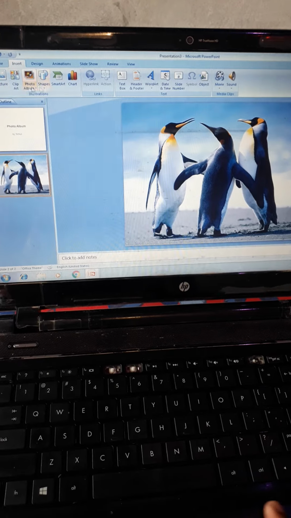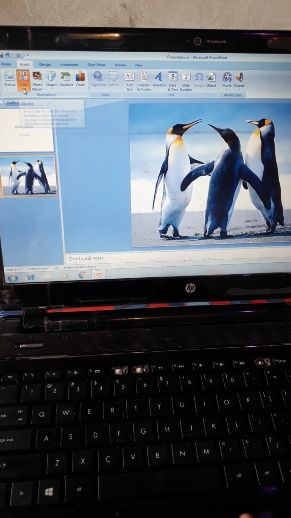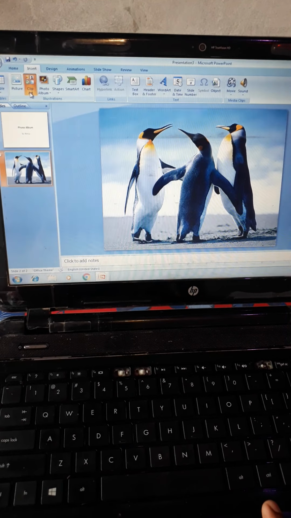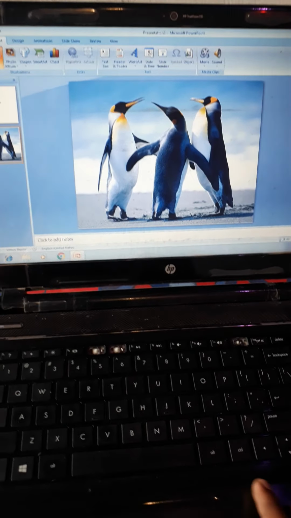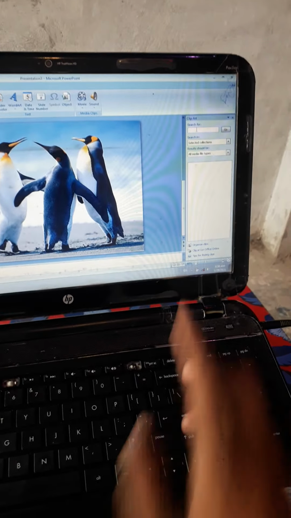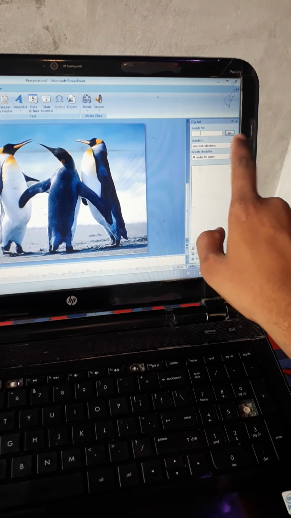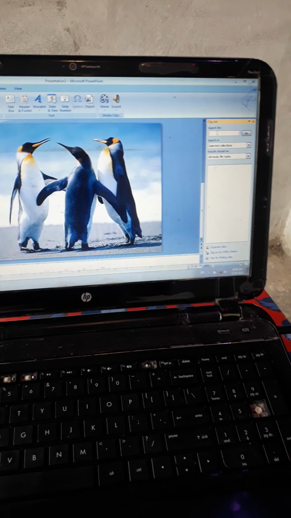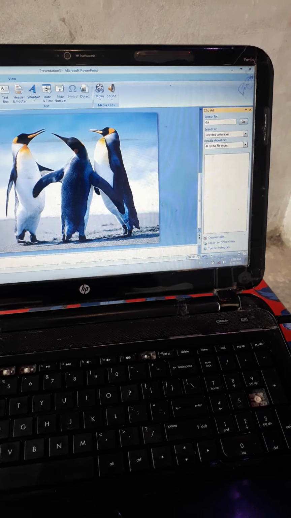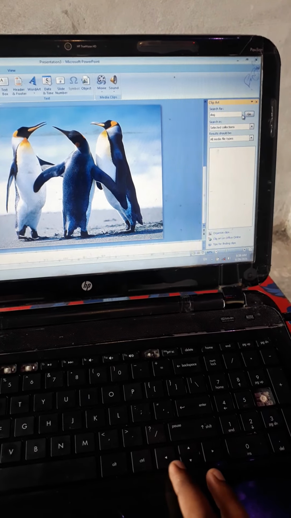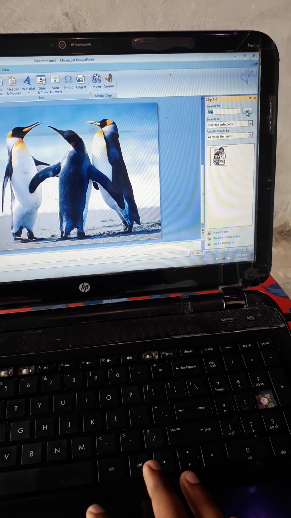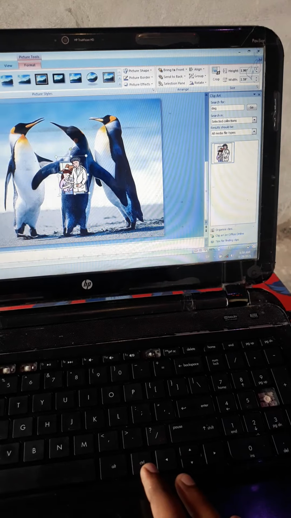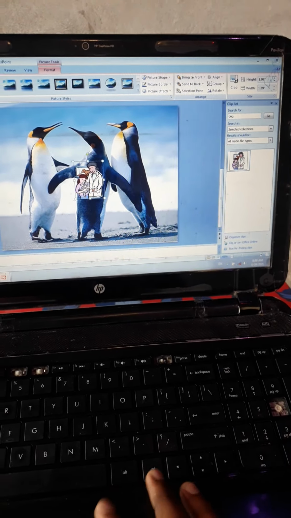If you want to apply any clip art, then simply you have to click on the clip art option. These all definitions we learned in previous live classes. So to apply any clip art, simply we have to click on the clip art option and type in Search for. Here if you want any picture you can search. So I'm going to select a picture of a dog. So I typed dog here, and now we have to click on the Go option. After this, you can see only these pictures appear. So you can see one dog has been given.